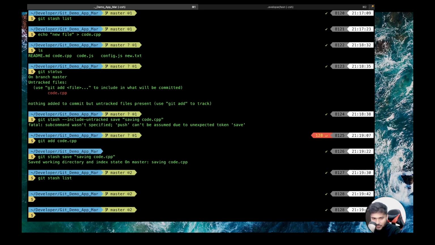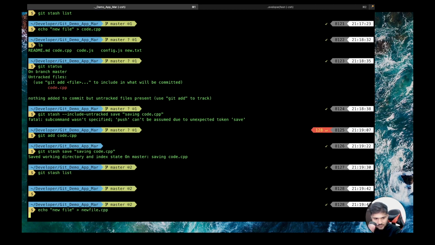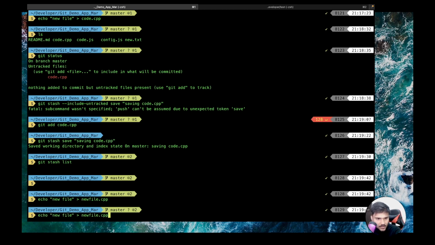Okay. Now, if you again create a new file, echo new file.cpp, for example, and I believe what you can do is you can say new file.cpp, and after that you can pass this flag.